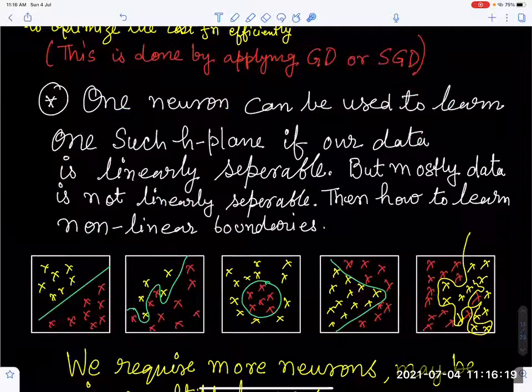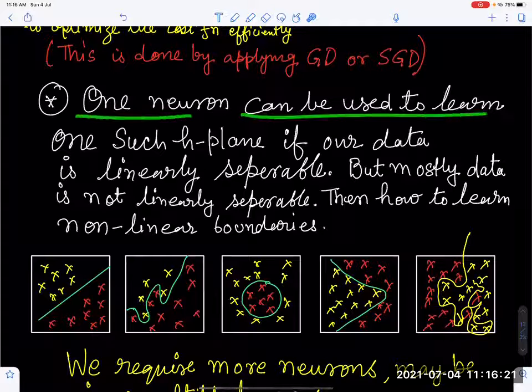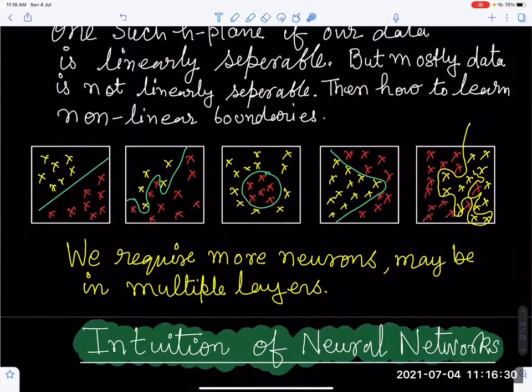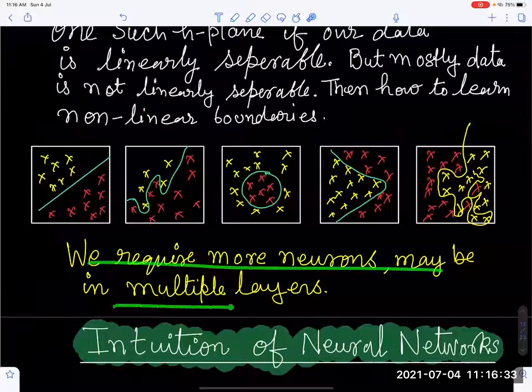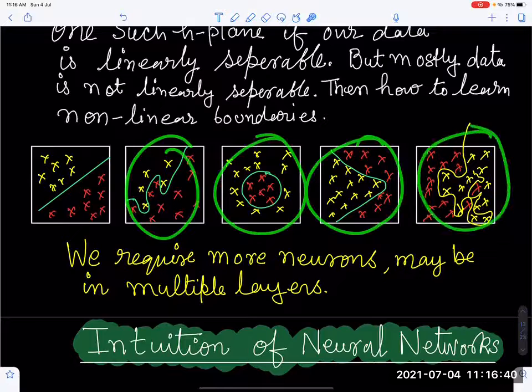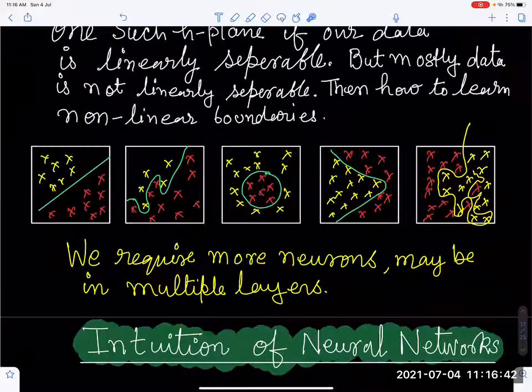But one neuron can solve things for you only if things are linearly separable, which means you have a single line by which you can separate both of them. Then why do you require more and more neurons? Because most of the time your boundaries are not linearly separable, and I cannot ask such intrinsic questions by which I can very easily differentiate between my classes. If I could, the problem would not be very difficult, and we are not here to solve simple problems.